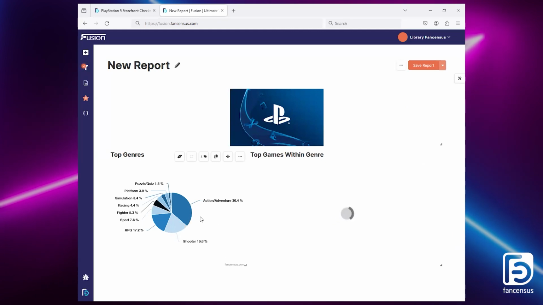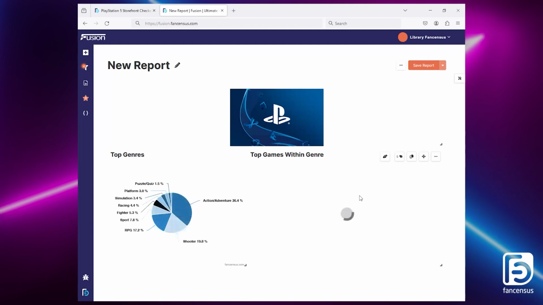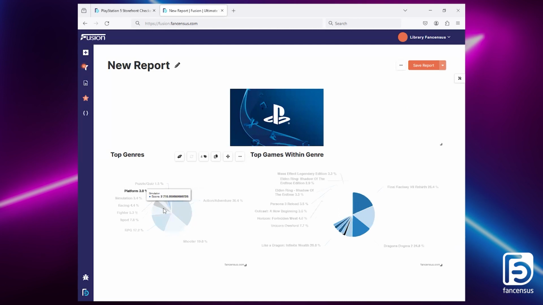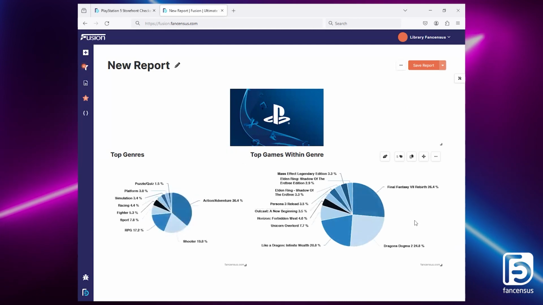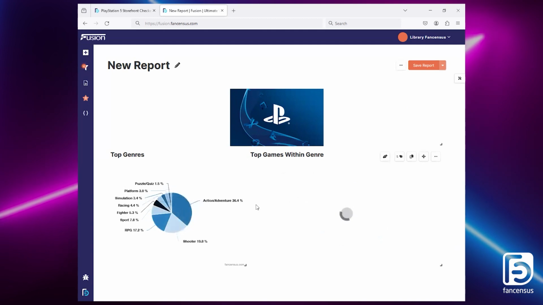Now what that's going to do is it's going to load in. I'm just going to double click on RPG, and you'll see now when this loads in, we should be seeing RPG products. So we'll see the top performing RPG titles. So when I hit that auto link switch to on, it basically means that you can interact with the parent and double click, and it's going to update the right hand side. So now if we wanted to look at fighter, double click on fighter, and then all this here is going